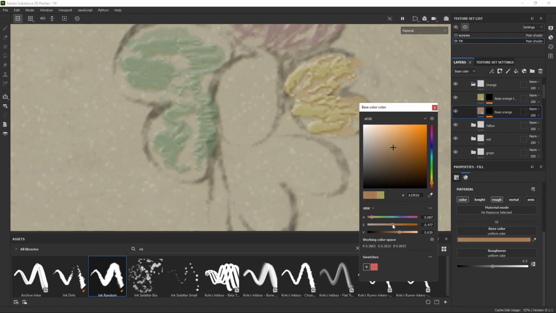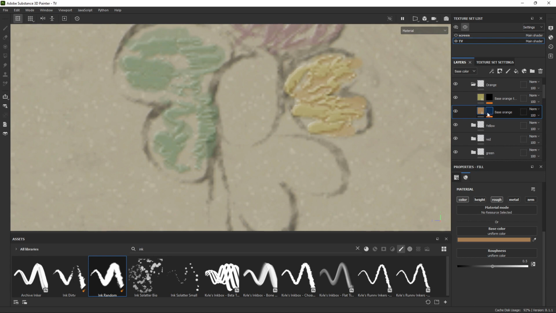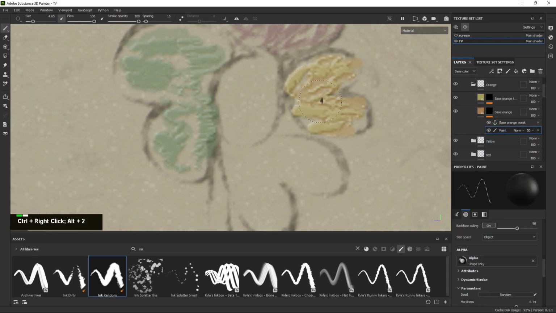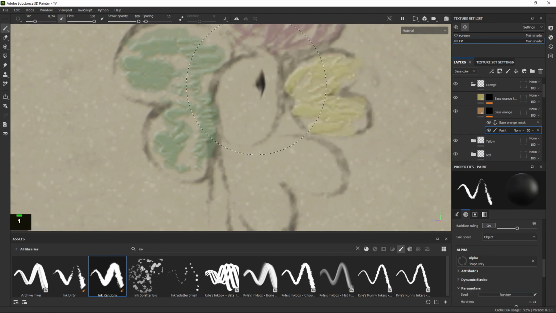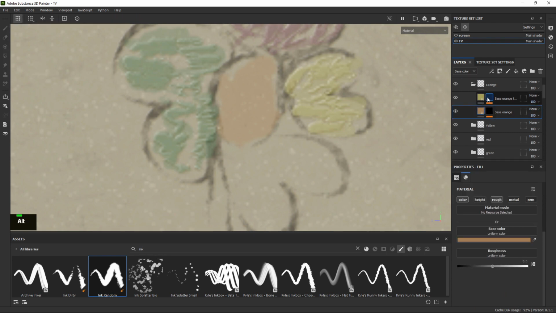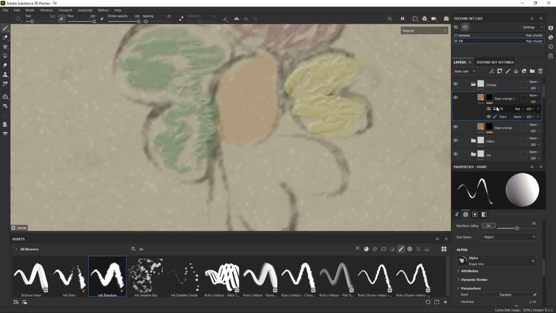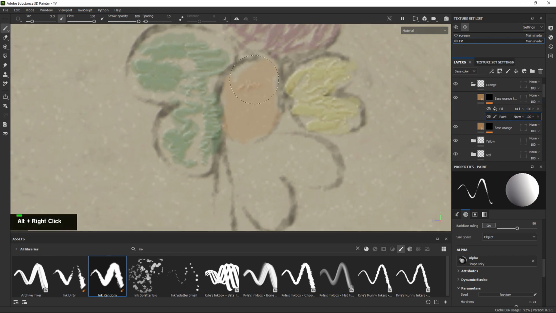I'm gonna make it something like this, and then again we gotta erase it, so we just go erasing it right here, and then paint with white right in here. Maybe something like this, and here we sample the base color from the layer below it, and we paint. Yeah, this is too big. Something like